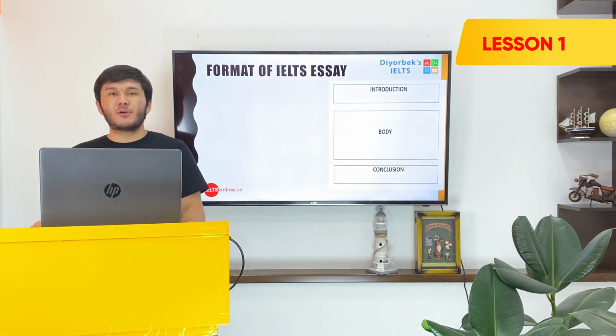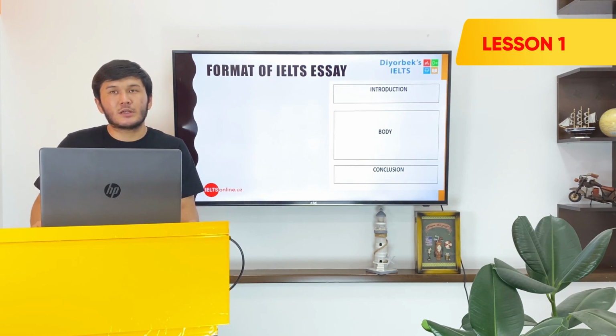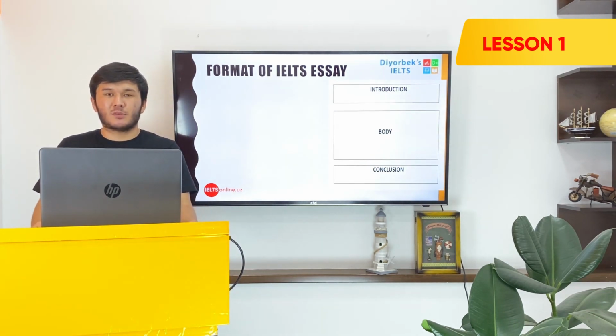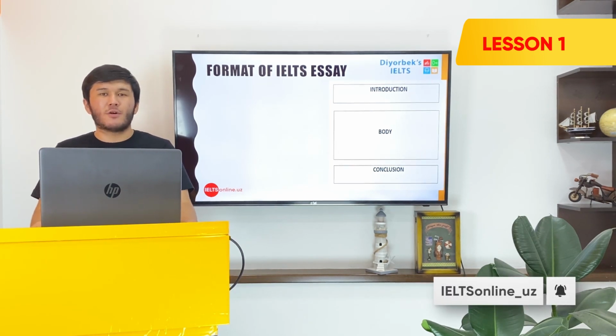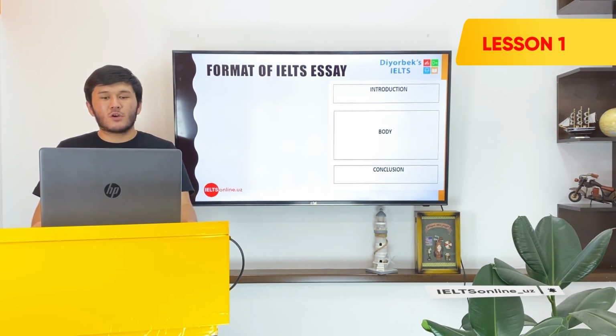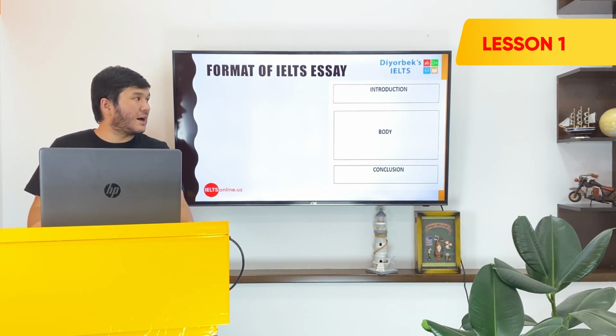So the number of body paragraphs you're going to have is really important. Choosing the right number of paragraphs is important. IELTS strictly urges you to have a typical 4-body paragraph, but you may decide to have 3 main body paragraphs as well. But having more than 3, in my opinion, is a bit of an overkill. So either have 2 or 3 main body paragraphs. As you can see in the slide, body paragraphs are much larger compared to the introduction and conclusion, because